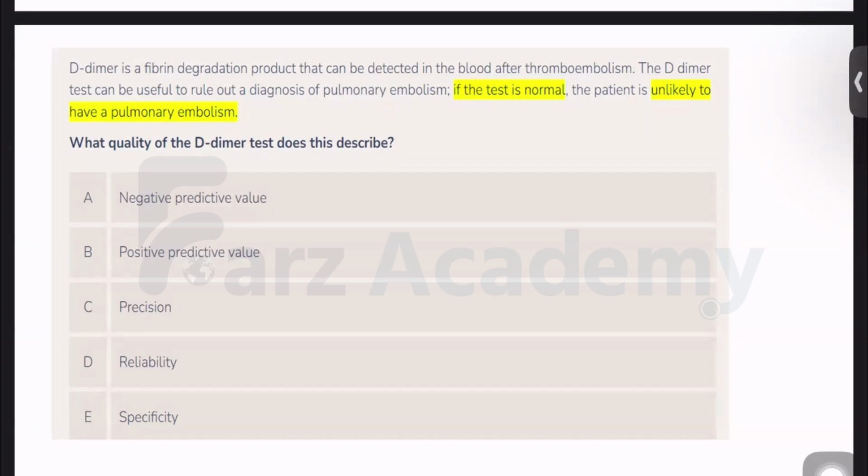And that is why, if you understand now, even in your concept of embolism, if the Wells score is more than or equal to 4, we directly do CTPA. But if my Wells score is intermediate, where the PE is unlikely, what do I do? D-dimer. If the D-dimer is high, then only I go for a CTPA for embolism patients, right? So this tells me the negative predictive value of D-dimer, and that is why it has such a high role in patients of embolism.